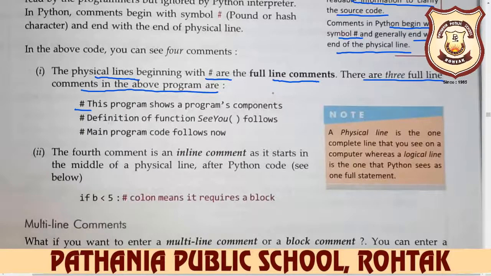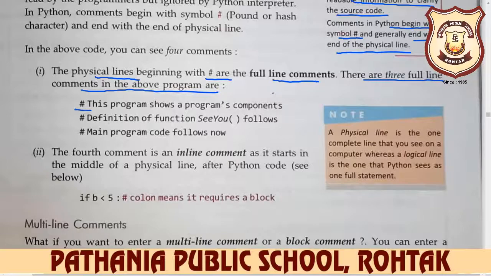For example, you take a program for addition of two numbers, and you take a and b. So you write down a is used for the first number, then again you write down the hash sign, and then you write down b is used for the second number, and c is used for the addition of two numbers, and c is used for the result. You write down in this form.